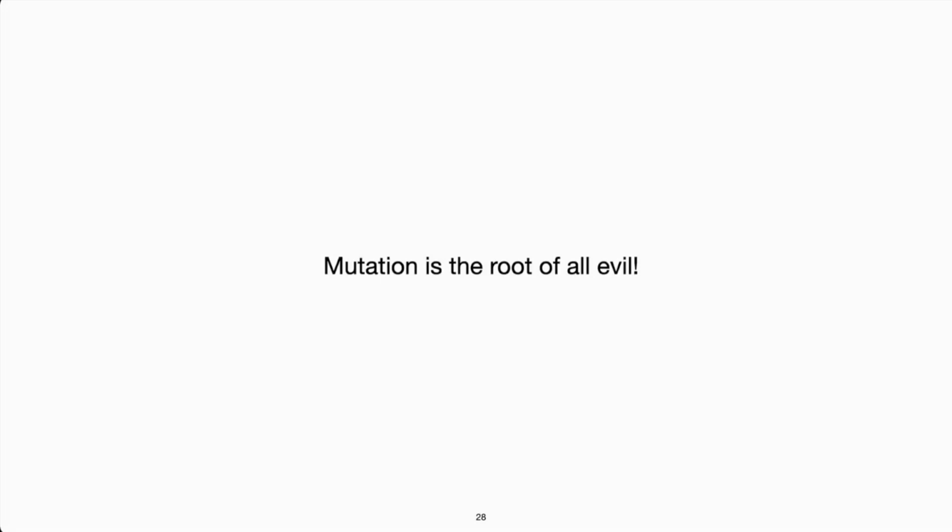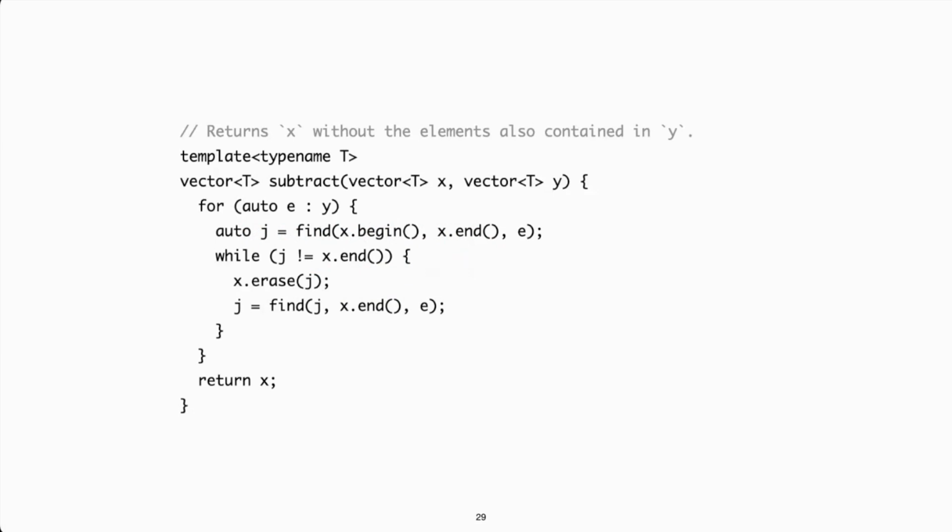So what's the moral of our little story? Well, mutation is the root of all evil, right? This is certainly the answer you'll get from the Haskell enthusiast we had in history. But in my opinion, the culprit is shared mutable state. In fact, if we look at this version, the first version that we had using loops, it was actually quite nice, and it did feature mutation. Things only started to go wrong once we added references.